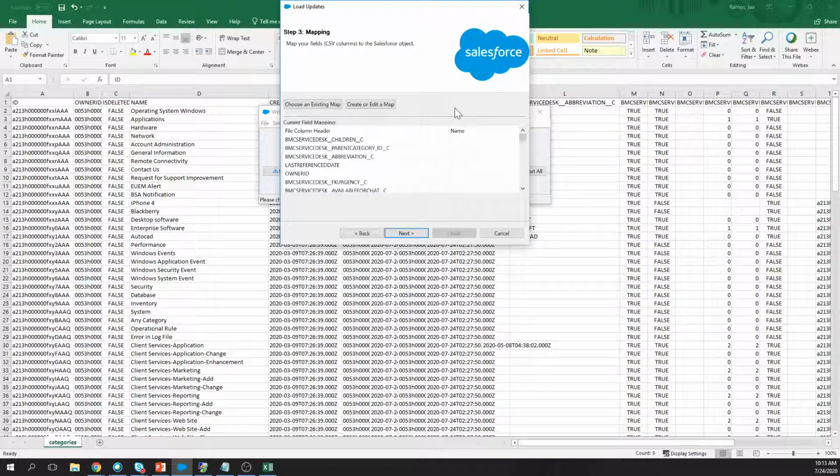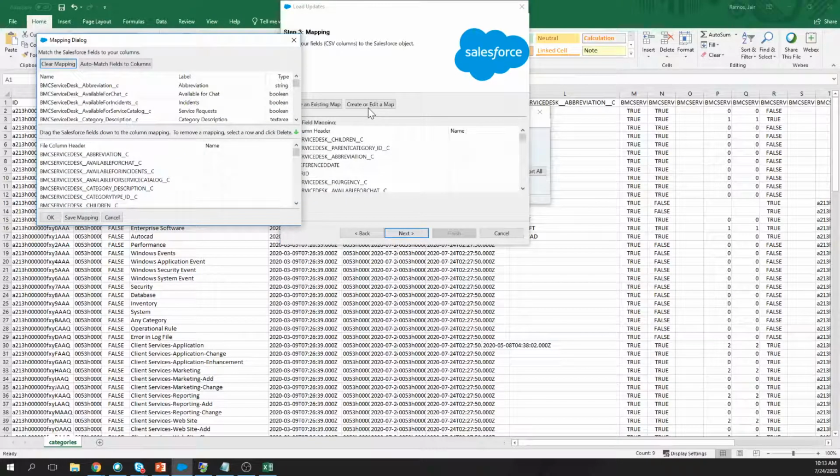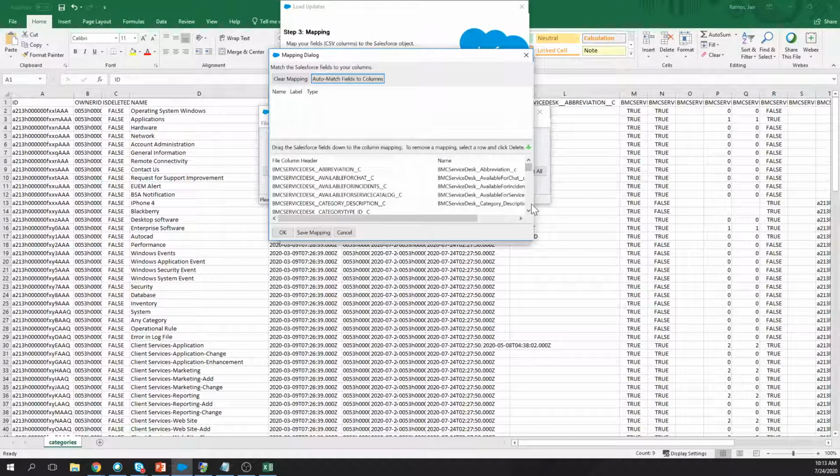And we need to map those fields with the fields in Salesforce. So let's click on create or edit map. A good functionality about this is that we have auto match field with columns. So basically it will do the job for us, and it automatically matches the field in Salesforce with the column